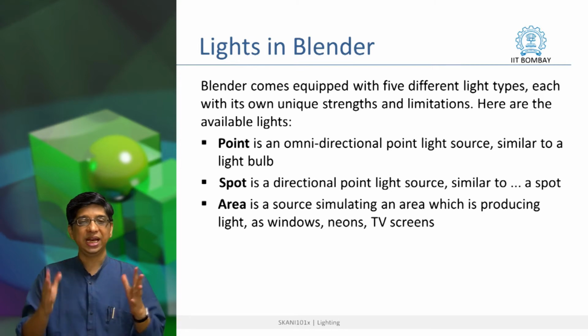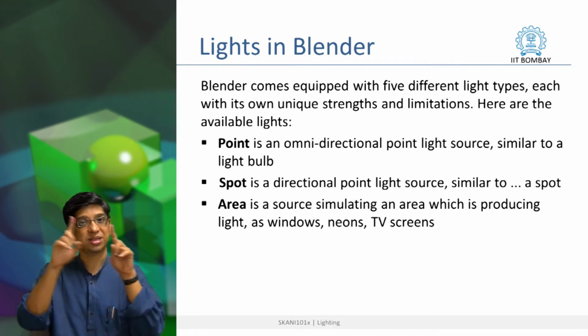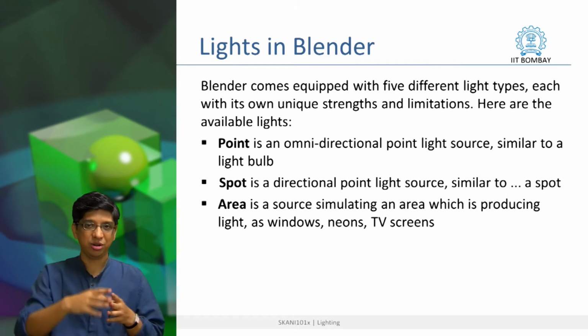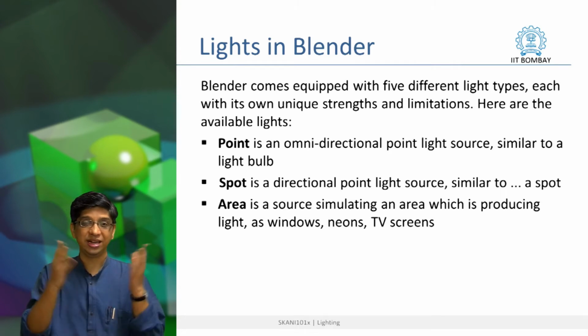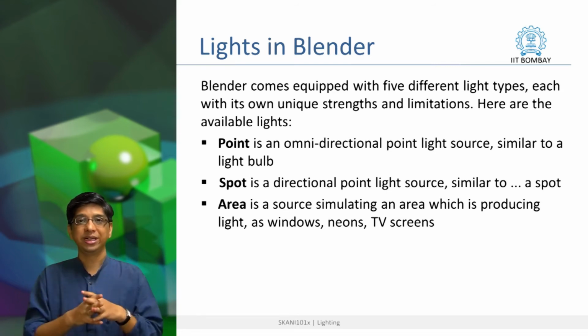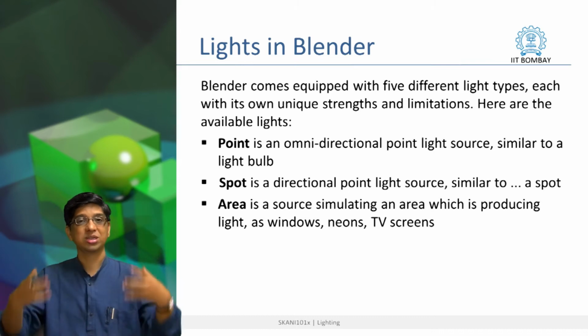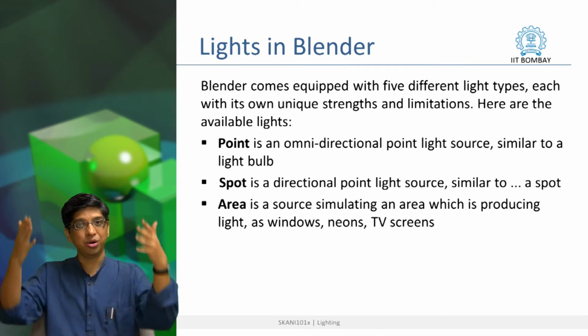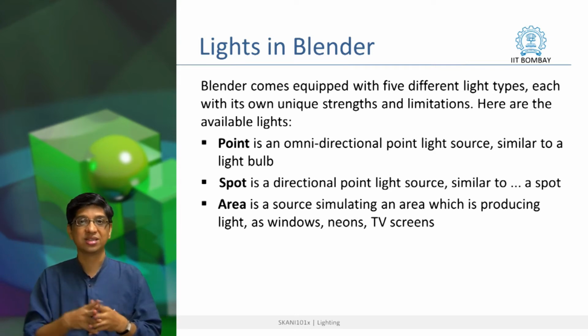There is something called an area light, where the source is not a point but a surface. So, it can be similar to a TV screen or a monitor you are watching right now, maybe at night, when the entire room is dark and the light is illuminating from the TV or the computer monitor. That is also one kind of light, and if you can remember, some of the photographers use box panel lights for illumination because that gives more evenly lit surfaces. So, that is a very important light to learn.